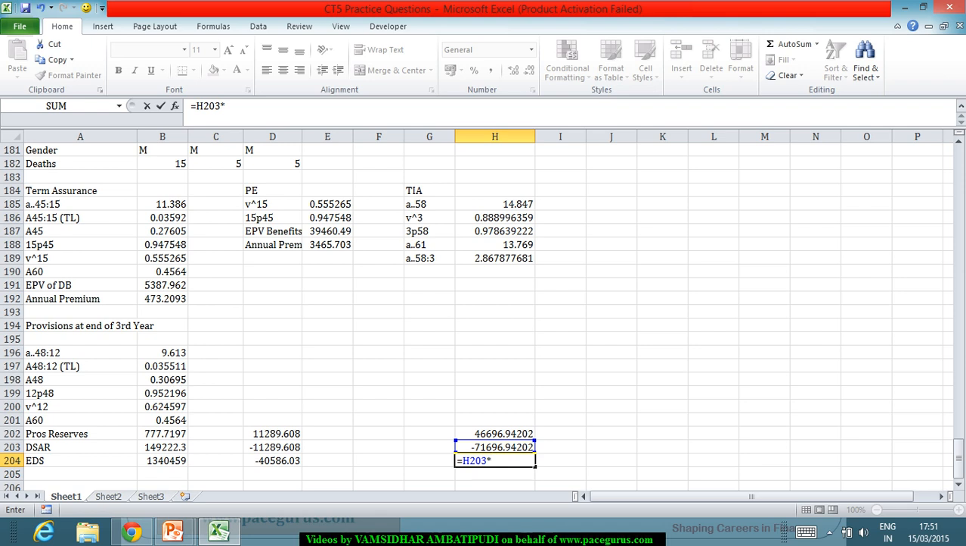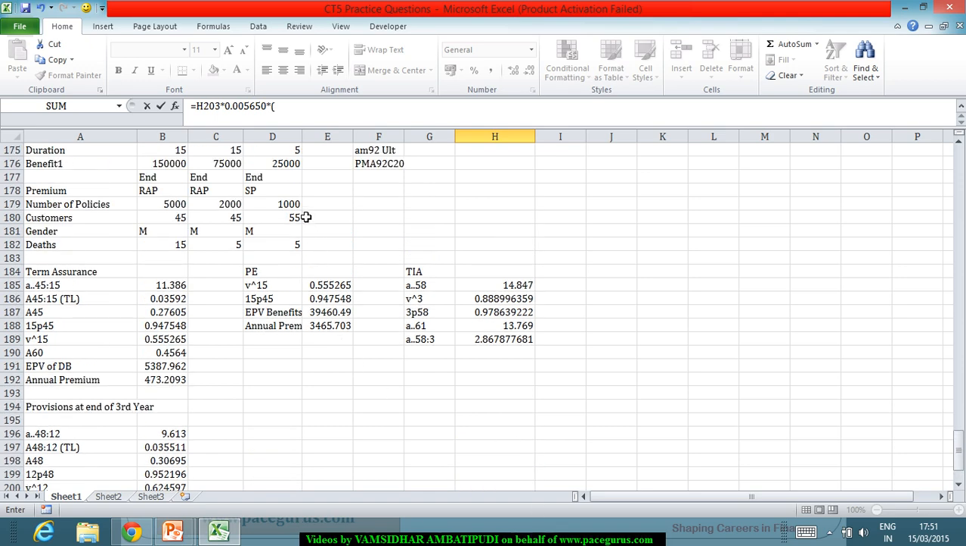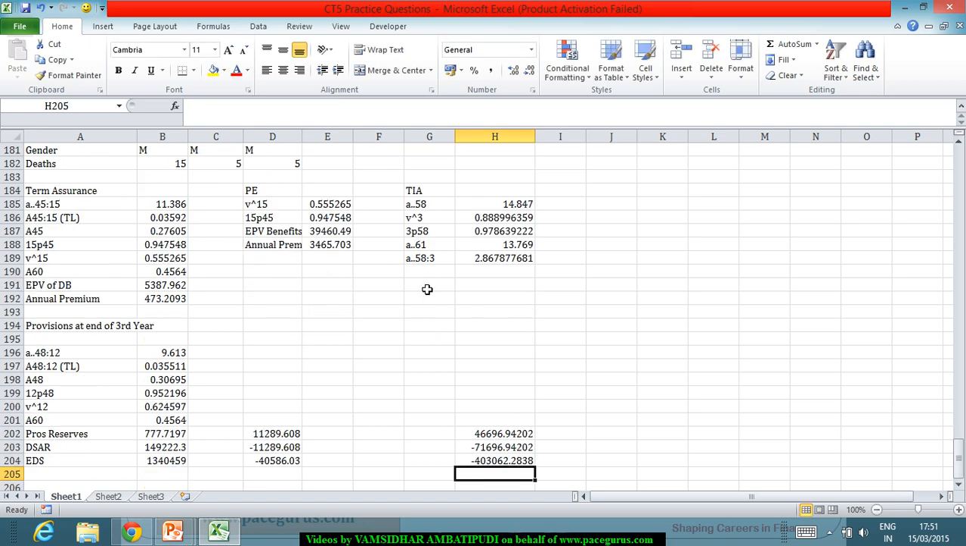Similarly here, the death strain, in case the death occurs, is this. The probability that the death occurs here is Q57, because these are issued for 55-year-old people. Q57 is 0.005650. This number is multiplied by how many policies are still there? 1000 minus 5, so 995 policies are still there. So the expected death strain in this case